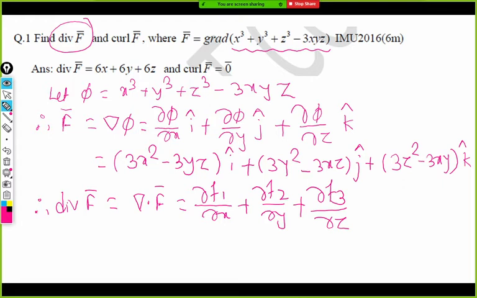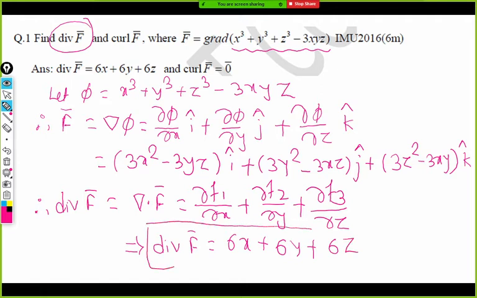So this is just the partial derivatives we require now. So here we have f1 i plus f2 j plus f3 k. So what is the dou f1 by dou x? Value of f1 is here. 6x. Yes, very good. That's 6x. Similarly, we have 6y and 6z as dou f2 by dou y and dou f3 by dou z. And that is the end of the first part of the question. We got here divergence of f bar. And the second part of the question is curl f bar.